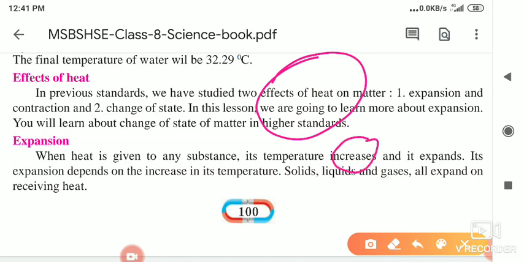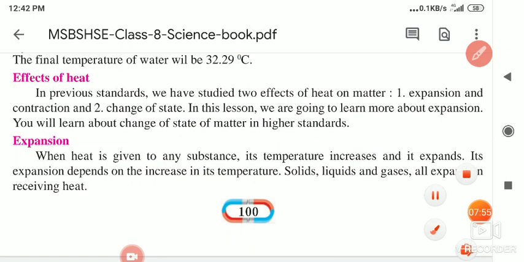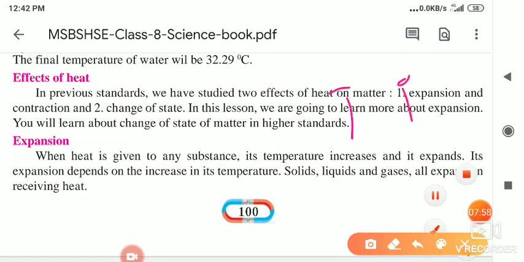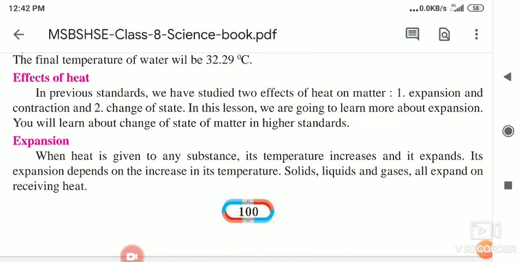Okay, so for that we took the example of a coin, and that coin we have to put on a wooden thing. We arrange these nails so that the coin can easily pass through. Afterwards, when we provide heat to the object, the coin is unable to pass in between these two nails, and from that we understand that metals, or matter, expand when we provide heat to it, and contract, means when we take out the heat from it, it contracts.